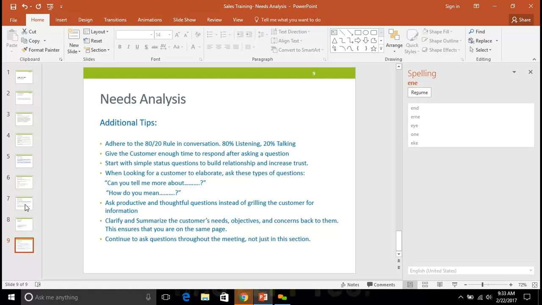How many people? Actually, Dan's here, so Dan has some feedback. Yeah, I was just going to say, I feel like this training specifically is really incredibly important for the whole SIT. Once you get the needs analysis, you know how the rest of this SIT's going to go. And in actuality, usually when I'm going through needs analysis, I know exactly how to sell them and what I'm going to sell them and how, when I present the solution, that's going to go by doing this piece. So I really think we need to take away from here that this is super important